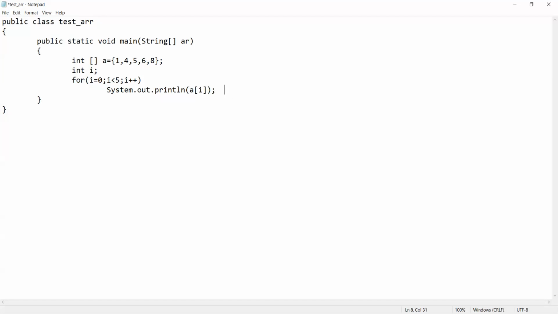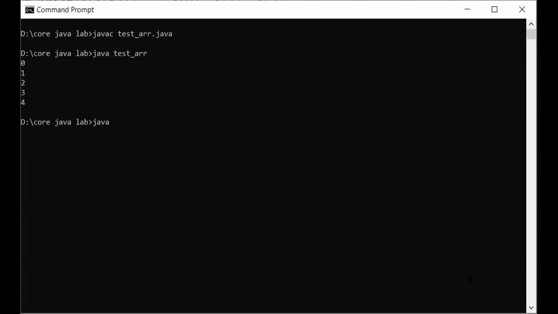So what is going to be displayed? a[0], a[1], a[2], etc. So let's try this program once again. Compiled and then executed. 1, 4, 5, 6 and 8. So all 5 elements are displayed now.